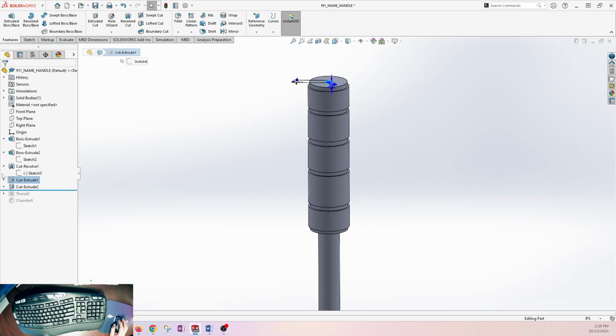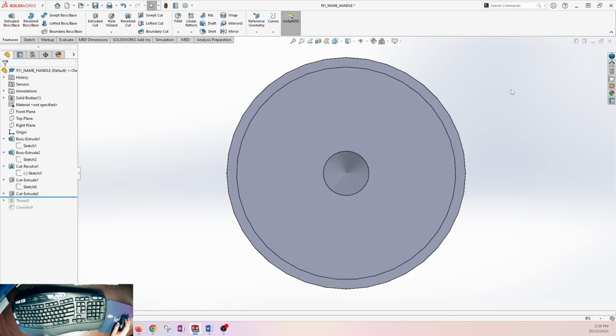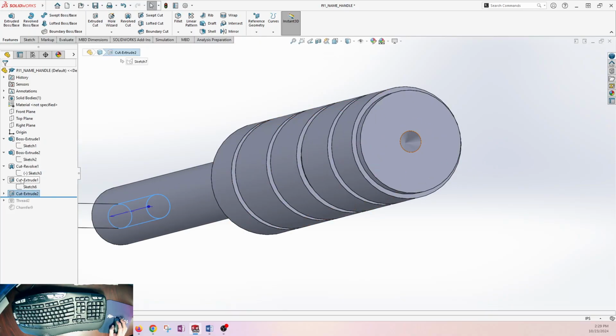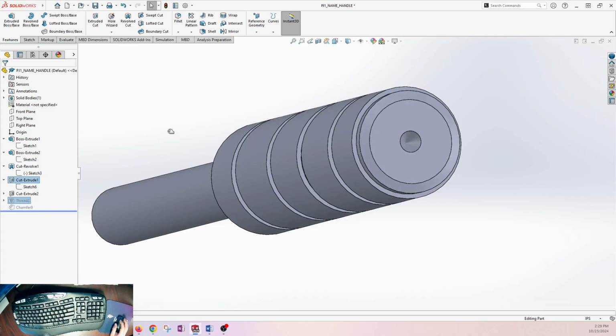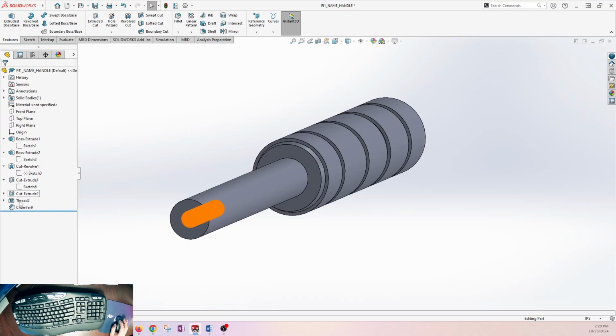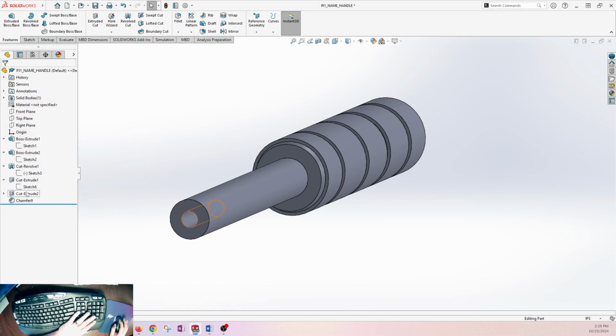We've got an extruded cut here, which is just a hole. Interesting, but it doesn't look like a hole. What have we got going on there? Very interesting. Then we've got a cut there, and then we put a thread in it. Again, not following the standard that we've set. Now, if I delete that, and I delete that, and delete that,